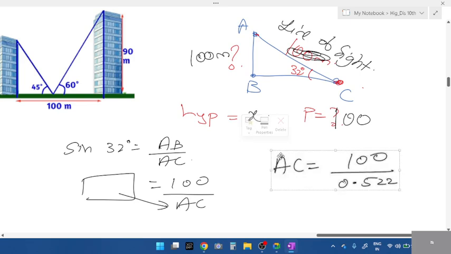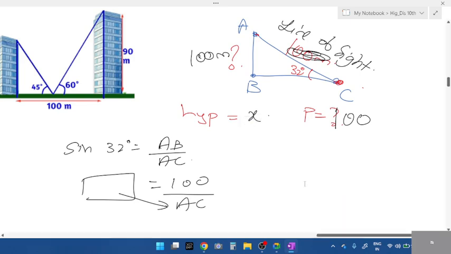Instead of that, convert it, students. Convert into complementary. First use complementary, then reciprocal. What is the complementary for sine? Cos 90 minus 32 degrees. What is cos 90 minus 32? All of you will respond. Cos 90 minus 32 is cos